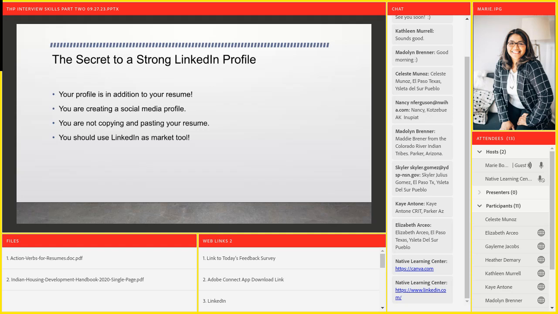The secret to a strong LinkedIn profile: the first is to know that it's in addition to your resume. You do need to have them both. I think in 2023, it's essential to have a LinkedIn profile. It creates a strong social media presence. It's not copying and pasting your resume. So I will say that you need to do some work on that end to make sure that it's different. It can be a little bit more personal. You should